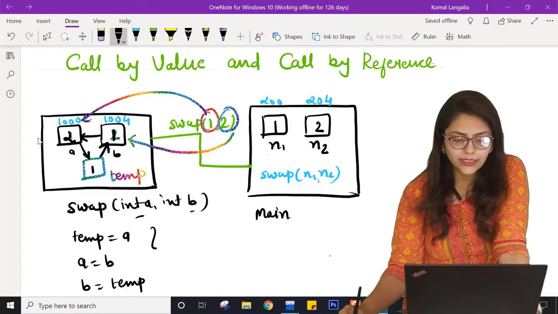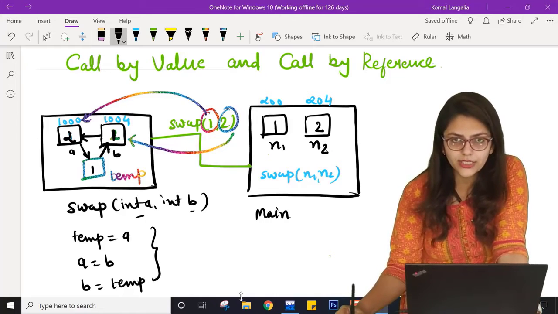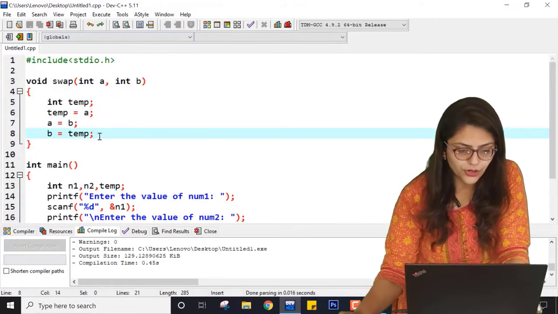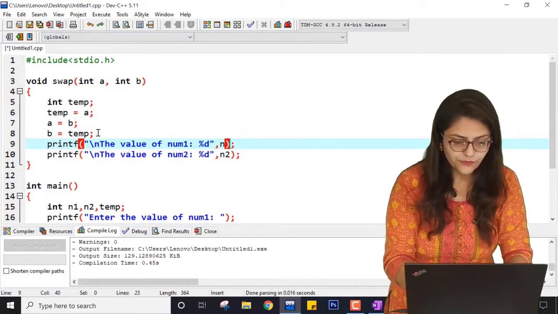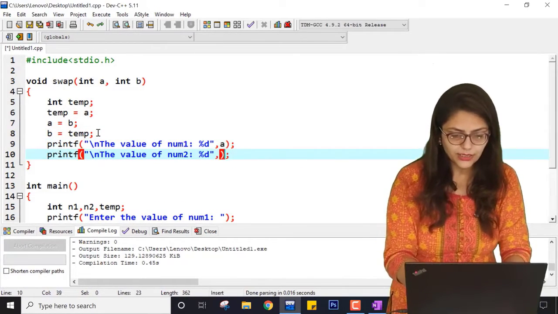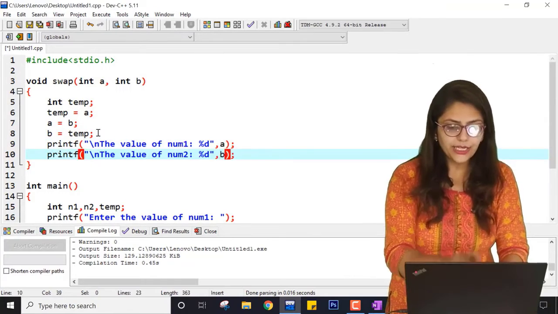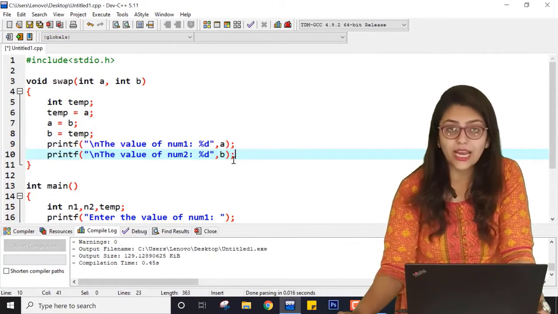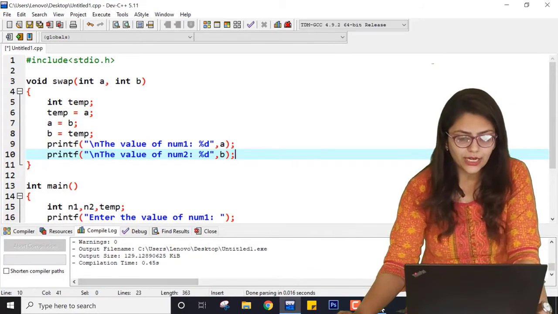Now if you write printf in the function itself, I am printing the value of a and b. You can see it over here. I am printing the value of a and b, not n1 and n2.